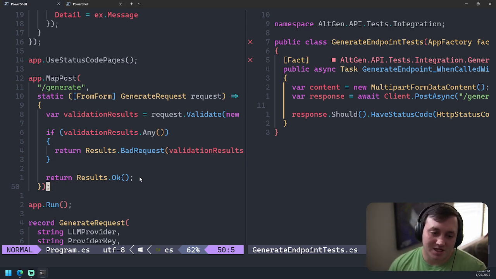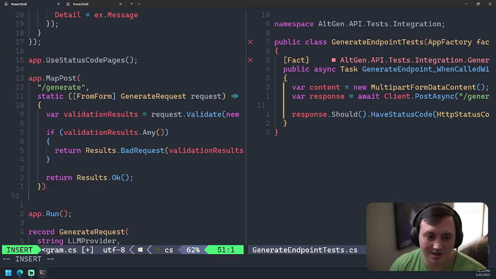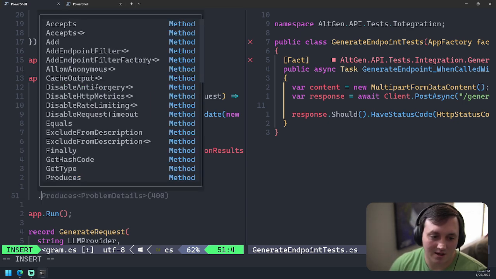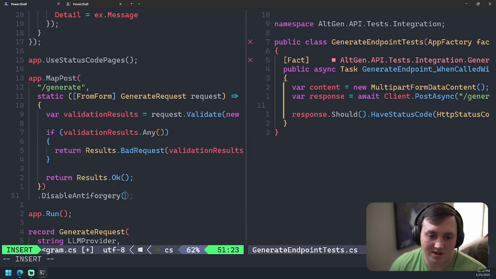By enforcing that, if someone posts a form to your API, they need to include a specific token so the API can identify that this request is from who we expect it to be from, and not from somebody who's trying to pretend to be you. I'm not really worried about that, so I'm going to go ahead and just disable it. But something to be aware of when you're building APIs in .NET.